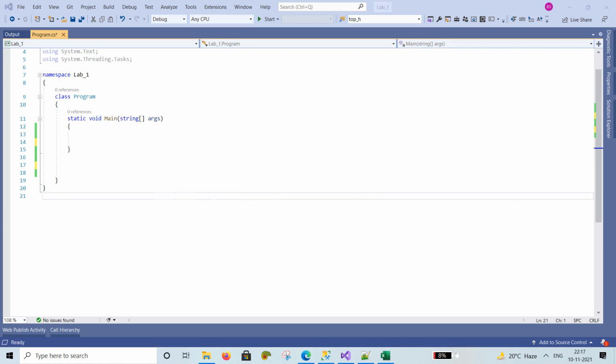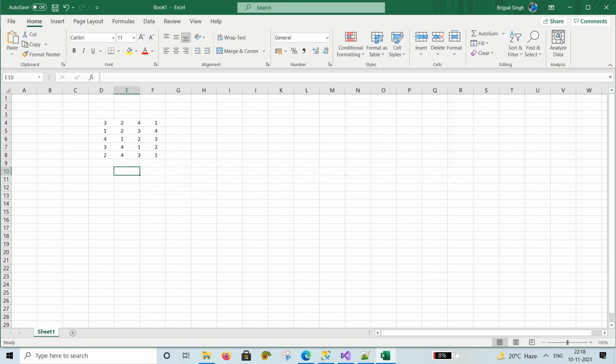In this video tutorial, we will learn how to generate a random set of unique integer numbers in C#. Unique integer numbers like that, we have a set of 4 unique integers, and these 4 unique integers are generated randomly every time. Every time the positions of these numbers will be changed. This is the random set of 4 unique integers.